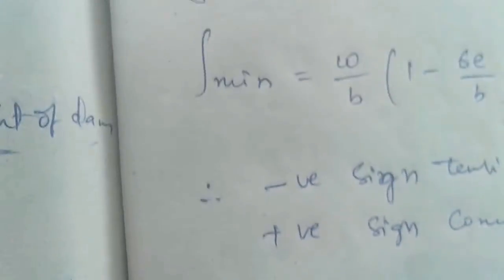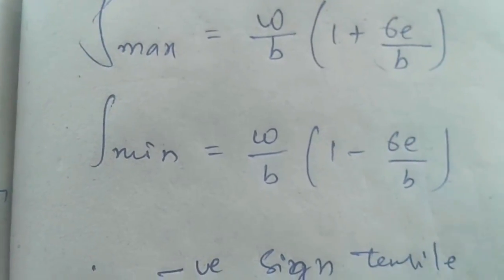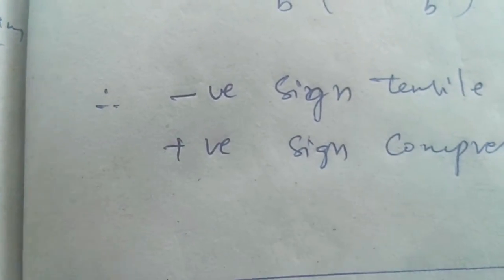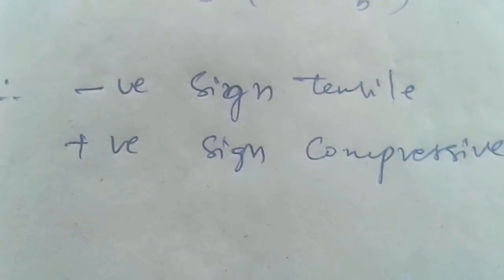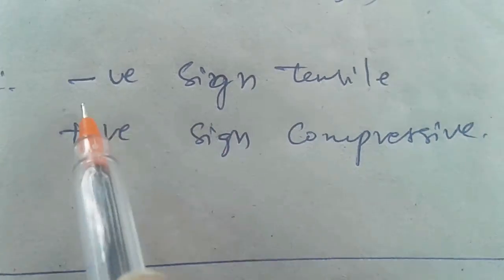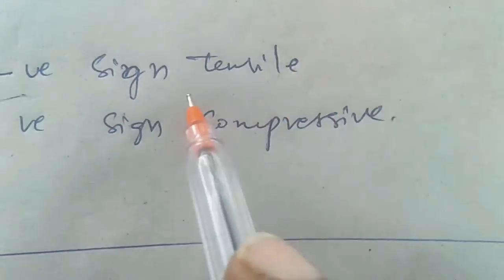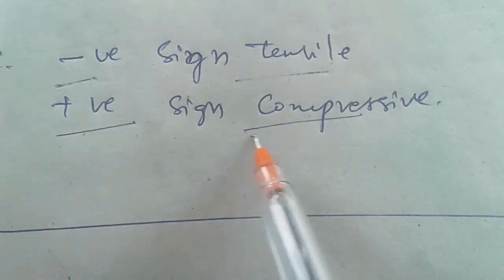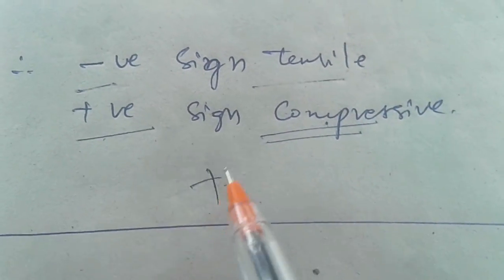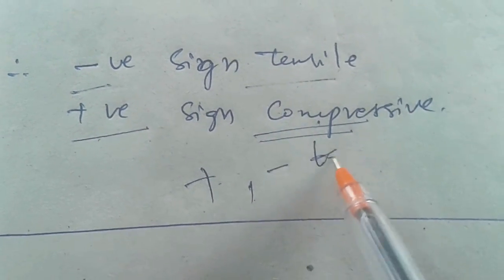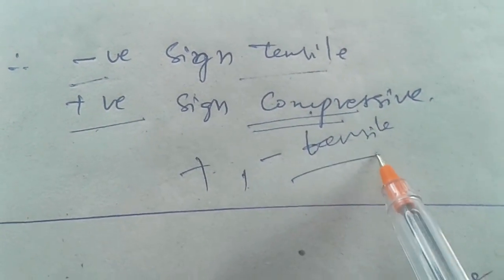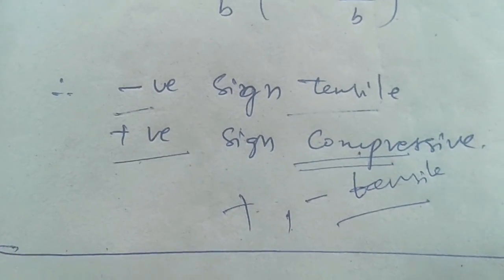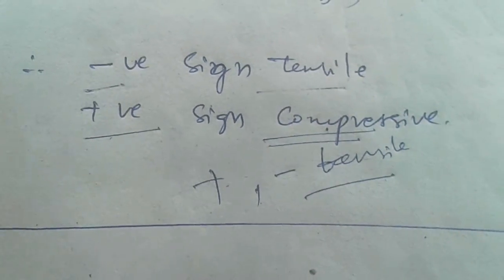Okay, let's take a problem. One more thing: a negative sign means tensile force, and if a positive sign comes in the problem, then compression load has the positive sign and tension has the negative. If you remember these two things, then you can calculate problems easily. Okay, let's take a small